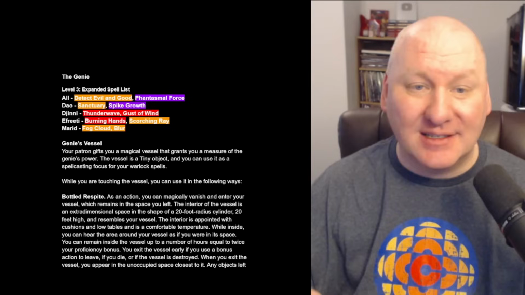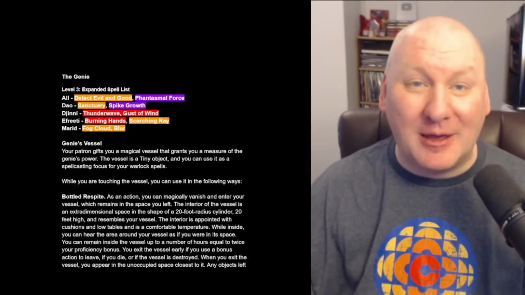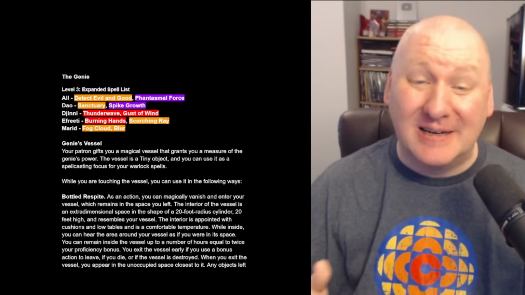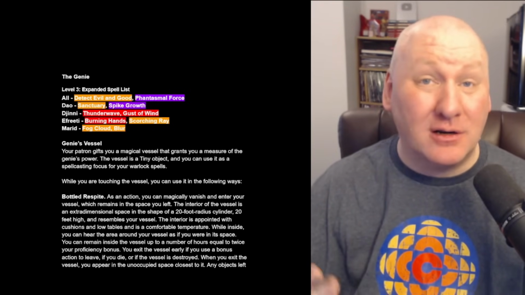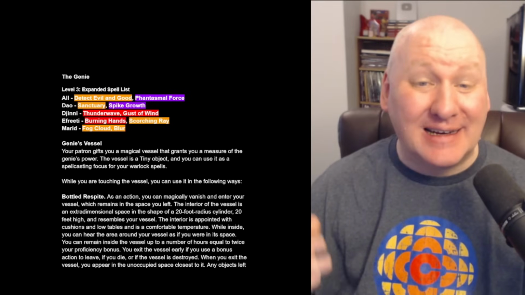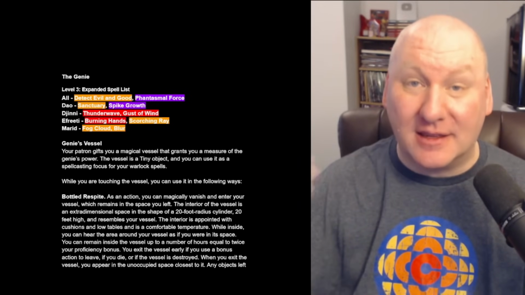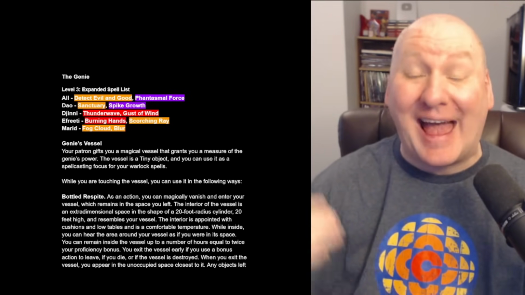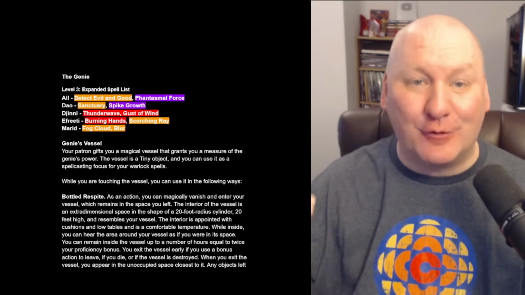Efreeti gets Burning Hands. I definitely don't want to be casting that. Scorching Ray, maybe once in a while. It does upcast. Fog Cloud can be okay, but doesn't upcast. Blur, same thing, doesn't upcast. This is not a fantastic spell list for the Genie at level 3. The standout here would be Spike Growth at level 3,